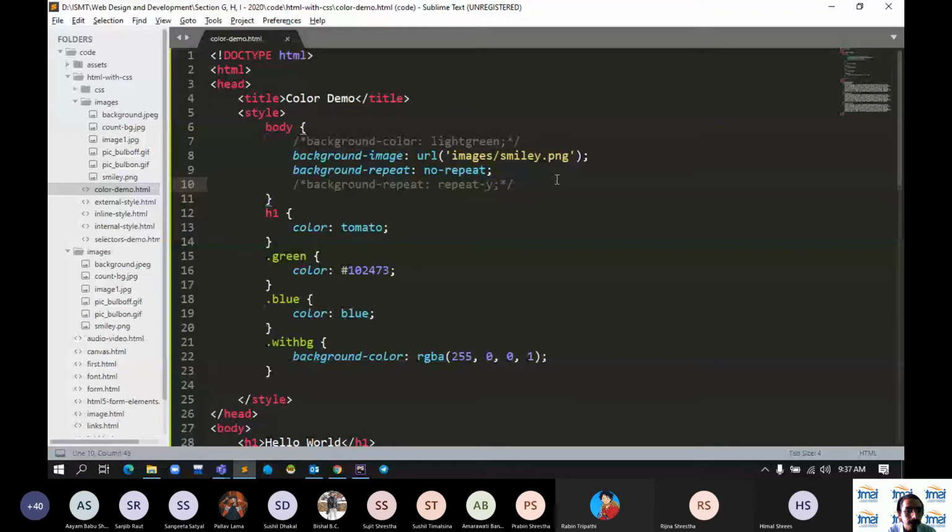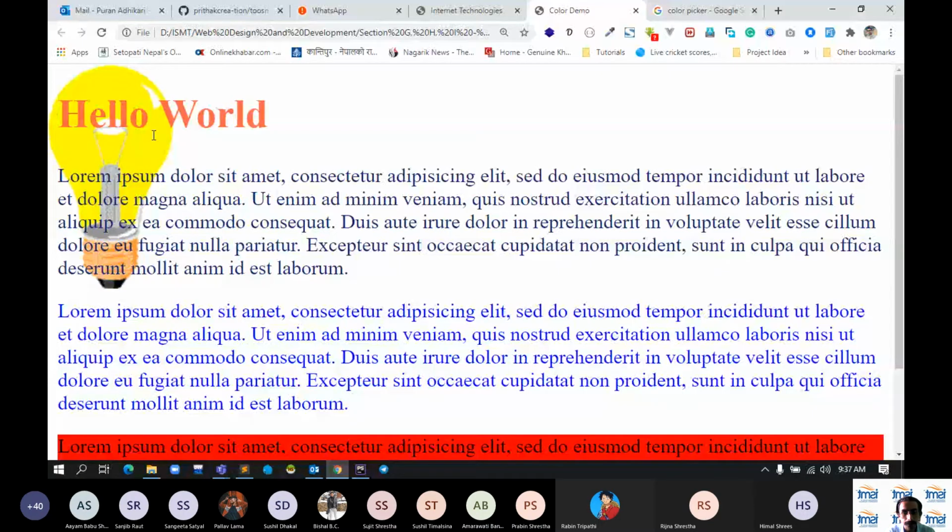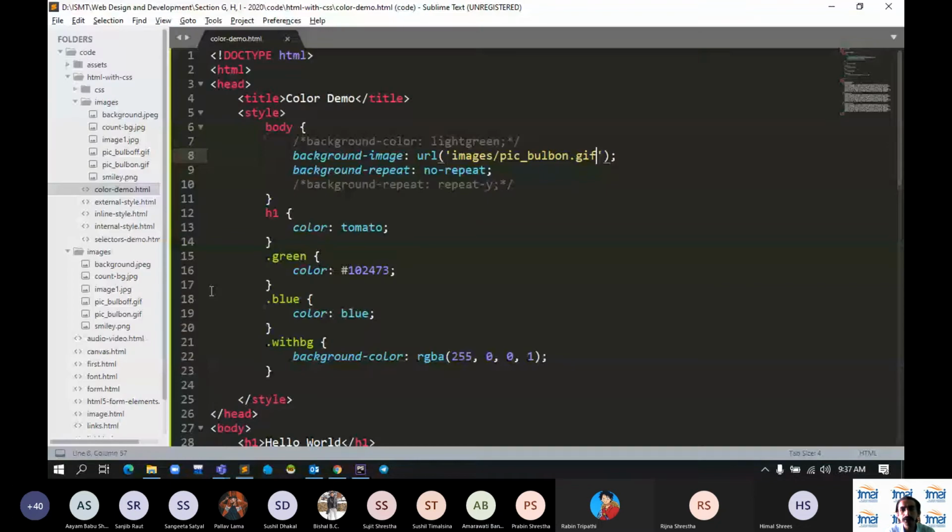Let's put another image. यहाँ अलि सानो इमेज कुनै छ भने, let's put this pic_bulb_on.gif. मैले background मा यो इमेज राखेँ. See that image came over there. So you can even specify the position for the background. Background को position कहाँनिर राख्ने त? अहिले त लेफ्ट